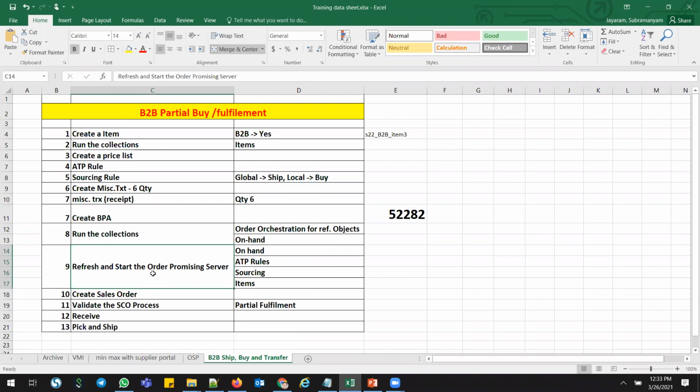The sourcing rule plays a vital role here, which will decide what type of supply chain orchestration needs to be created, whether it's a buy or transfer or make. For this demo I just created a buy. It means that it will create a purchase requisition, and then based on the BPA we created, it will create a purchase order. Okay, so let me go and see this.